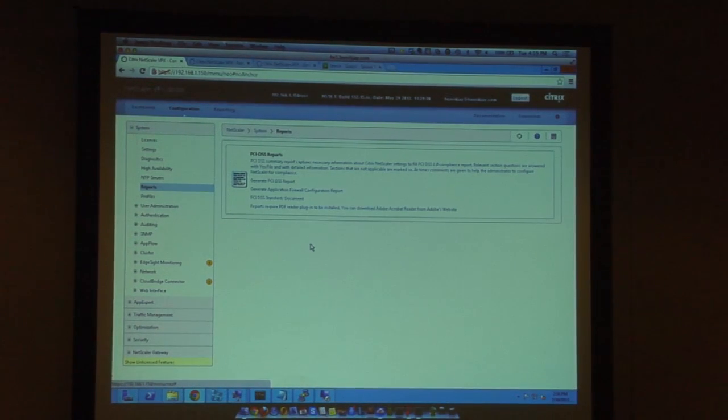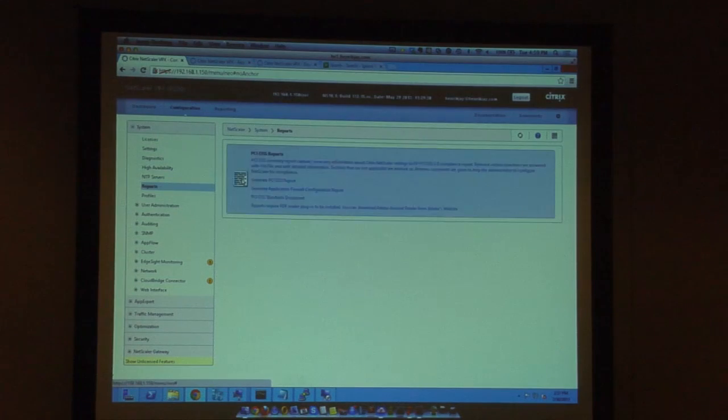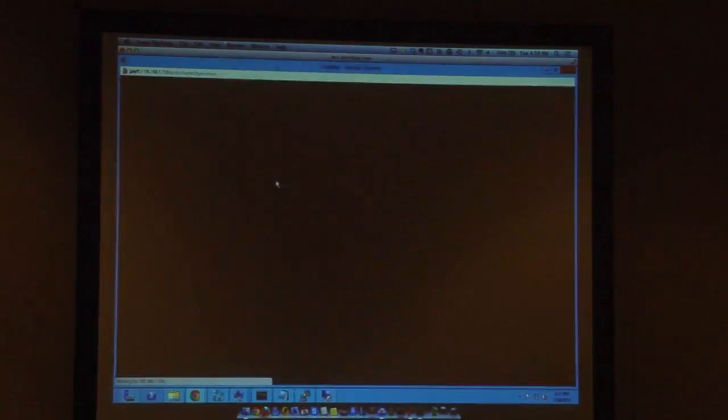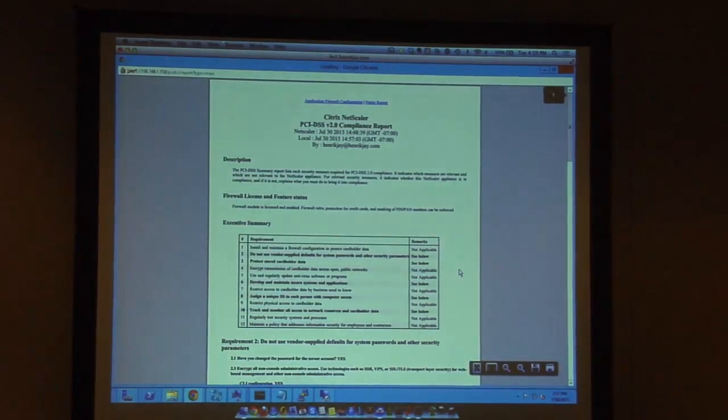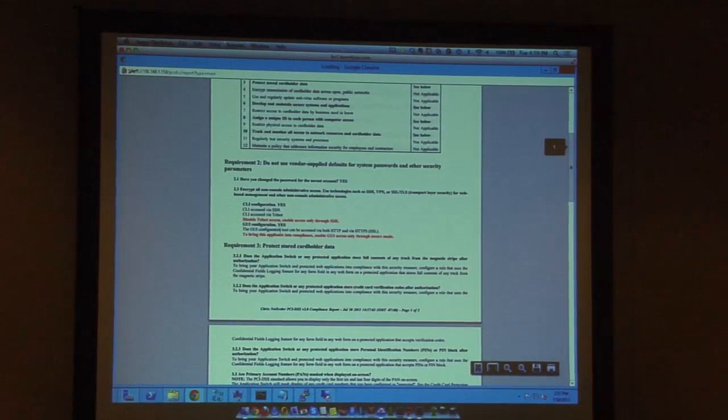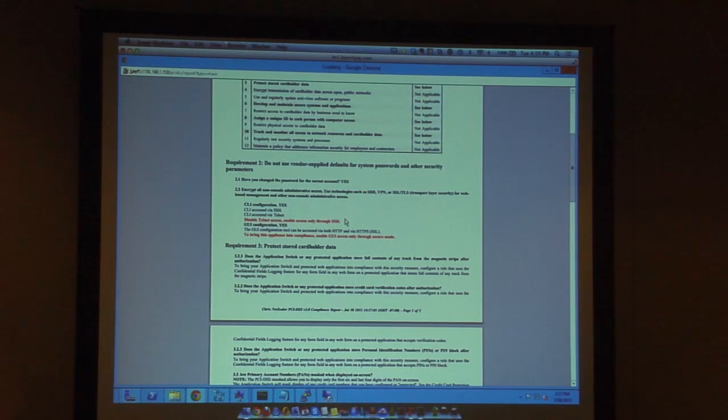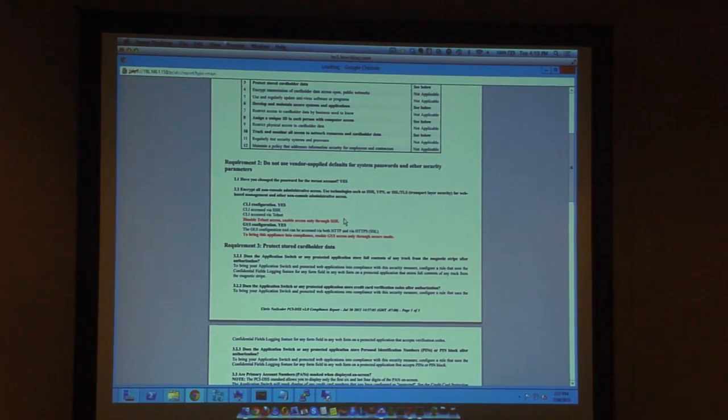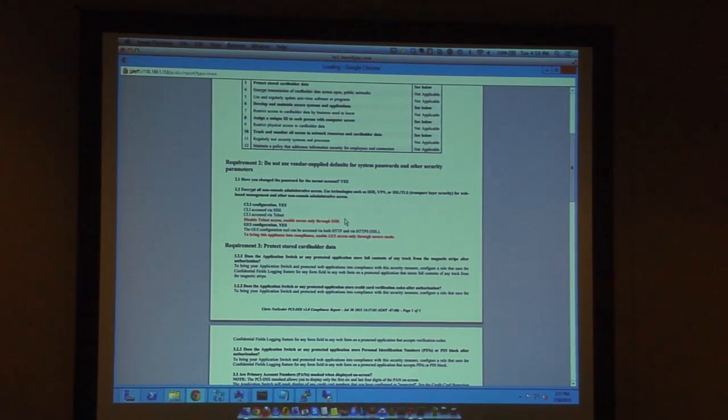So the reports are now on the system under reports, and you simply generate a PCI report, and it shows instantly that I'm not compliant. For example, I have access through Telnet, which means, like I said, it's an isolated environment, but I'm running an unencrypted protocol, so I'm not compliant for that reason. I have services with GUI access that do not require SSL, so I'm not compliant. This is super easy: just do the extraction and then show it on the web